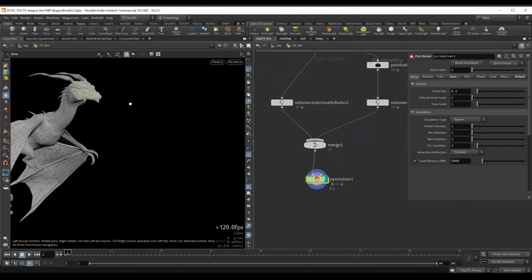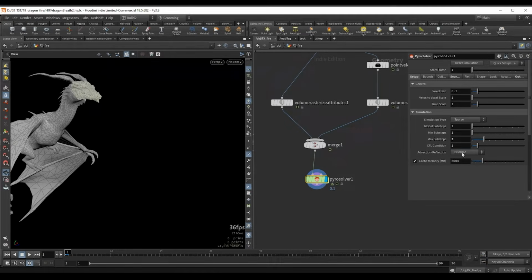So we can already change some settings here. Because this is a rather fast moving simulation, we will need at least 2 max substeps here, but I found that a value of 3 was even better. I generally wouldn't go higher than 3, no matter how fast the smoke simulation is. Generally 3 should be fine for 99% of cases.